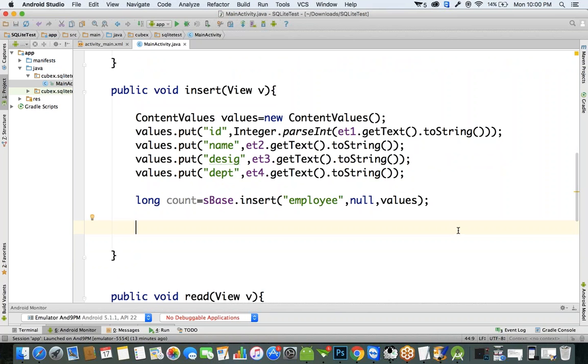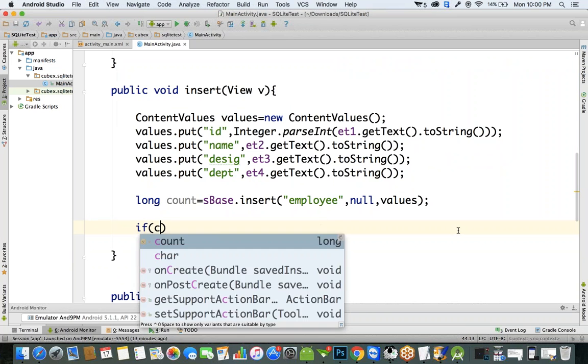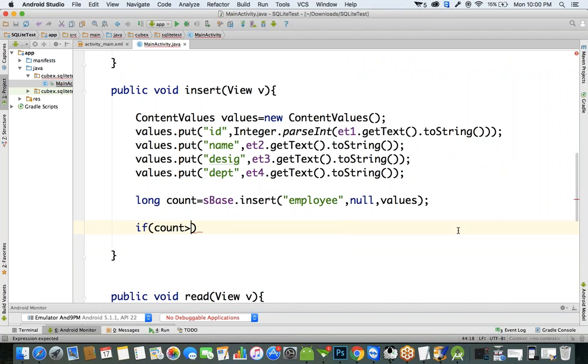This tells how many records are affected by this query. Based on that count, we have to identify whether the data is inserted or not. It's simple: if this count is greater than 0. By default the count is 0. If the data is inserted, the count is updated to a positive value. If at least one record is inserted with this query, the count increases from 0, meaning the data is